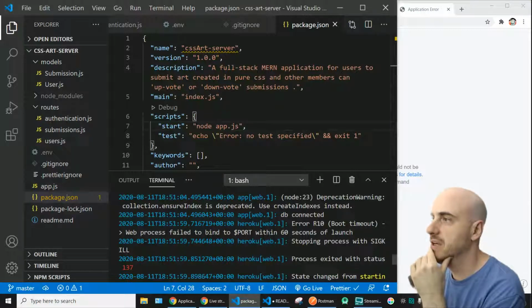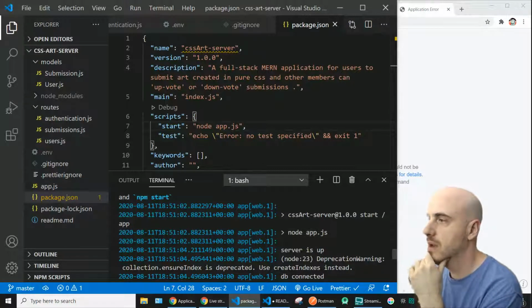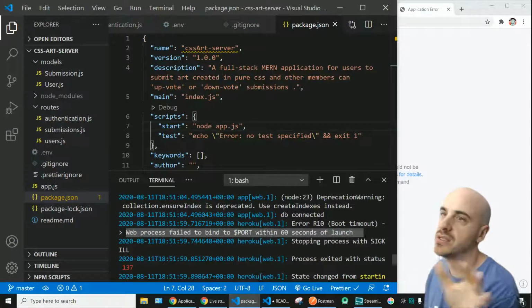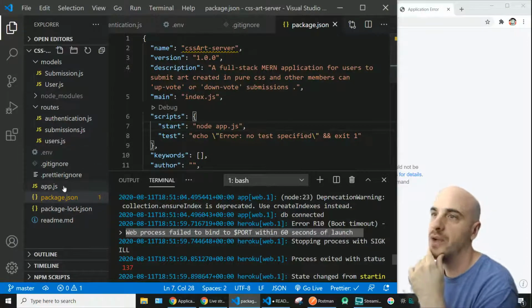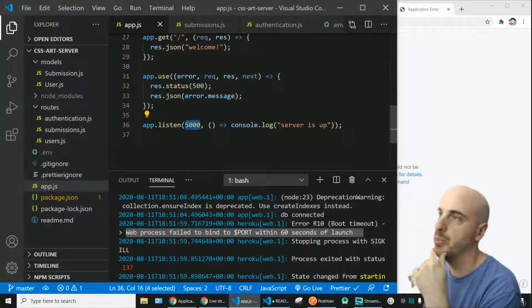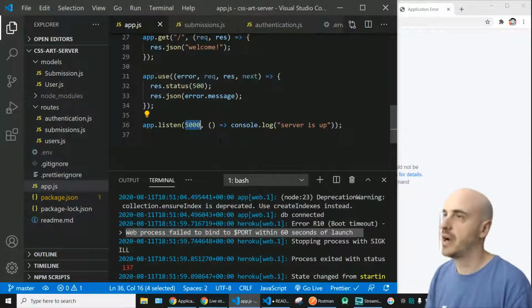Okay, so here's a good one. Here's our first real error, I believe. Look, here it ran our node app.js because we put in that start script. Server is up, DB connected, the same messages we get locally. But then look at this. It says web process failed to bind to port. So here's the main tweak you have to do. We have to go to app.js, and instead of declaring a port manually, we have to put in